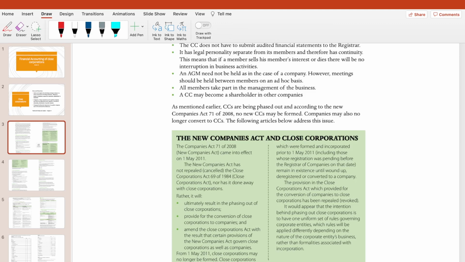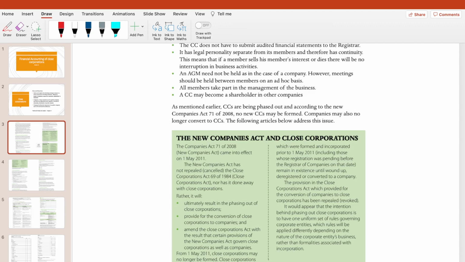An AGM need not be held as in the case of a company. You know, an AGM is an annual general meeting of everybody, the directors as well as the shareholders, and a CC does not have to do that. However, they must have meetings, and it should be between the members, and it must be on an ad hoc basis. All members take part in the management of the business,